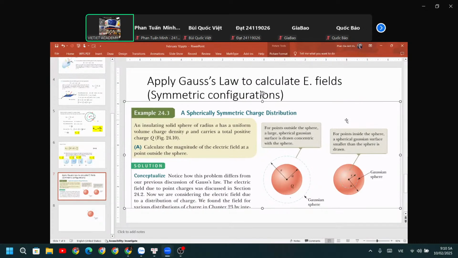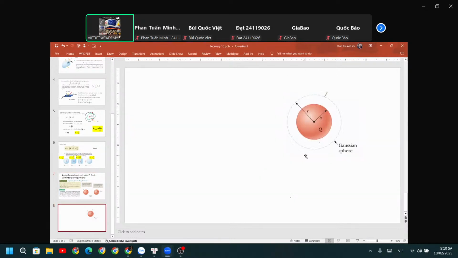If you have a non-symmetric configuration, then please don't use the Gauss law. Okay, so now let's start with that. Imagine that the sphere here is uniformly distributed charge. It means the charge density of the sphere everywhere is the same. Okay, so let's say at this point,